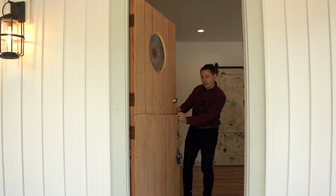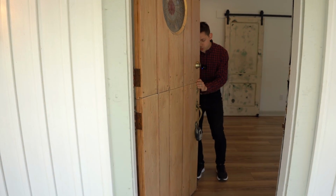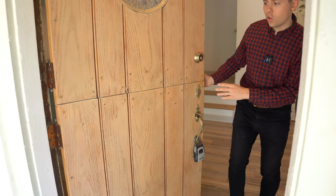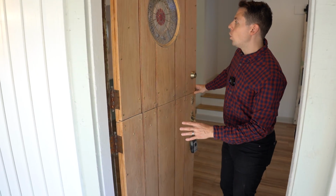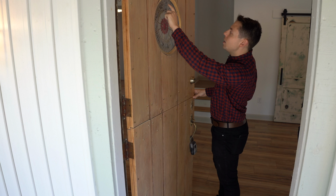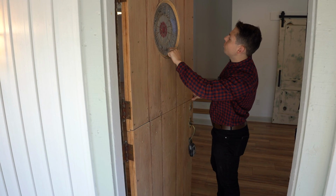I'm trying to be very careful with it. This is an artifact. So this is original to the home. So this is over 100 years old, this door, and they have meticulously taken care of it, restored it, and you can imagine the care it's taken to keep this beautiful glass inlay representing all of the